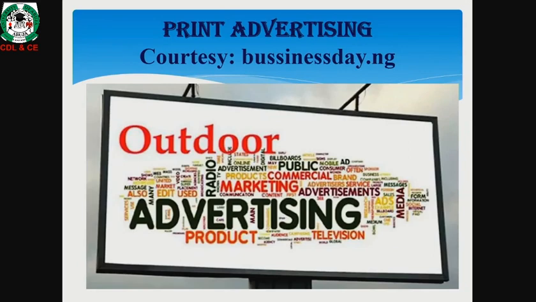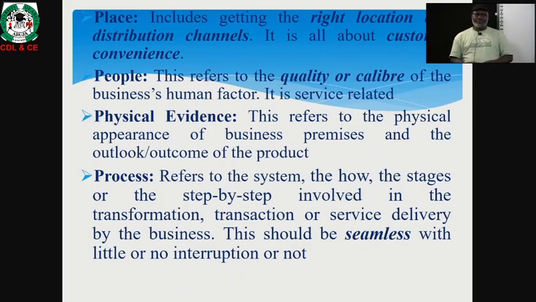It is a billboard. Commonly, the one we know is a print medium for advertising a product. It could also be done electronically. It could be done using the social media platform and other platforms. The business is supposed to be strategic in deciding because the target customer or the target audience should determine the means or the medium for advertising. This is essential. This is important. This is key. And this defines the promotion of a product.